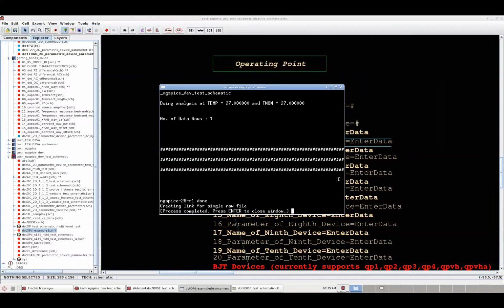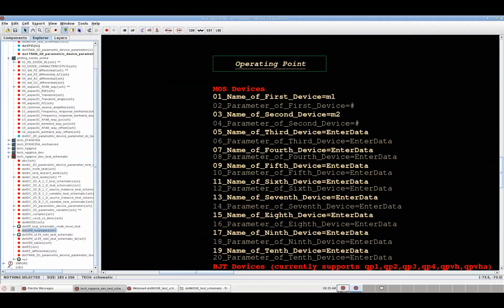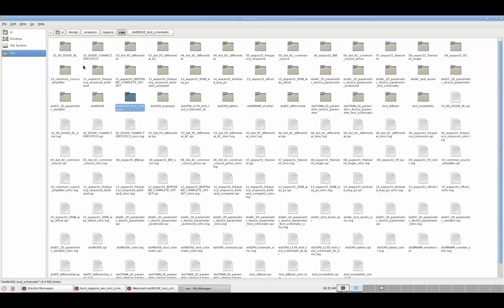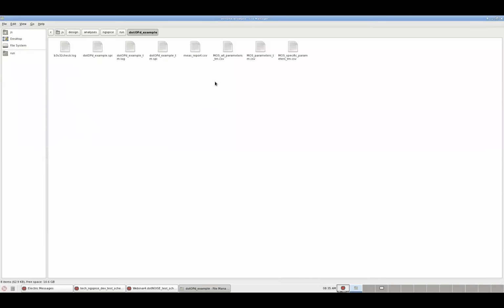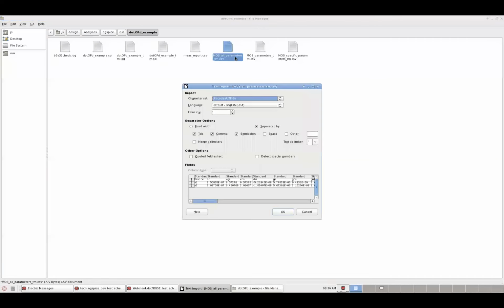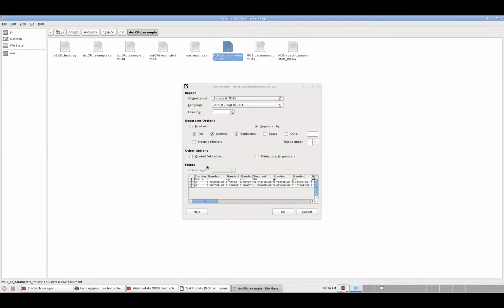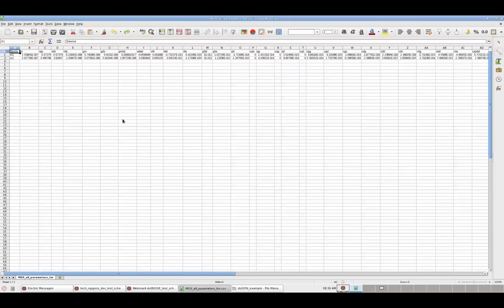Now when you run, you'll see three lines. This is an indicator that your simulation is successful. And when you go back to the run directory, .opd example, you'll see CSV files, because some users requested post-processing these .opd analyses using either GNU Octave or their own Perl scripts. You can use these CSV files. In this case, it's going to use LibreOffice to plot it, and it will plot